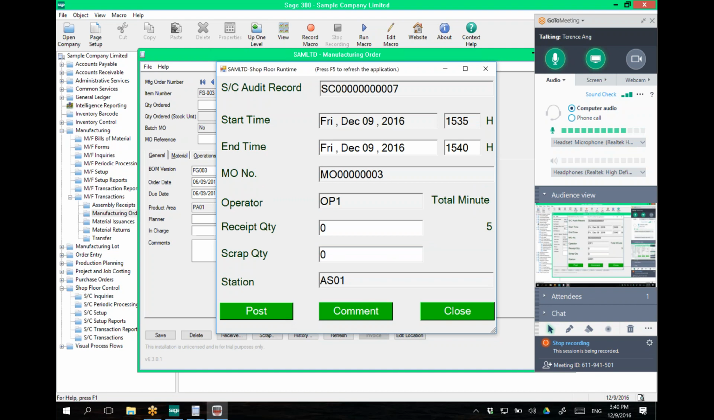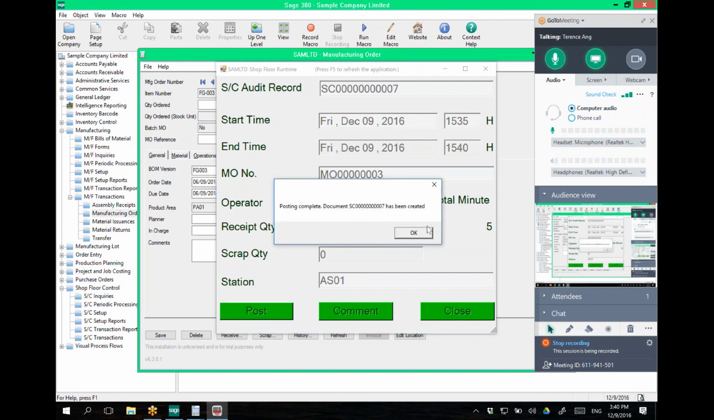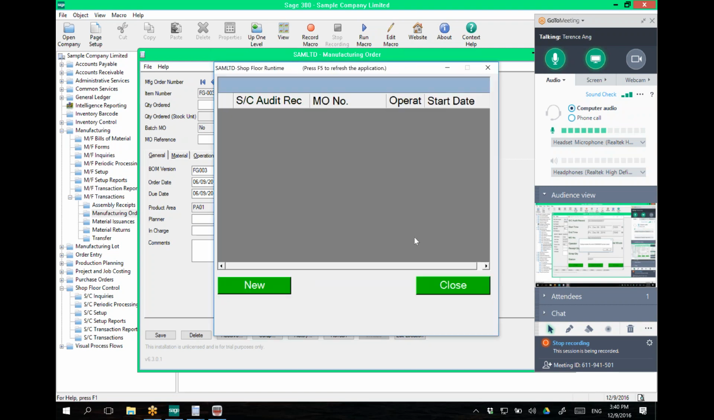And since this is runtime, I could then input here the quantity produced. So let's say it's 3, post. Now we have a 5-minute runtime using Shuffler control number 7. If I wanted to, I could actually start multiple records of Shuffler and leave it open until I'm ready to